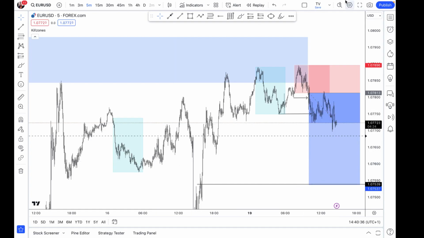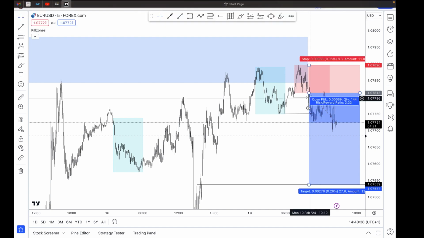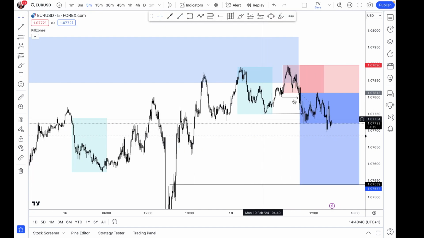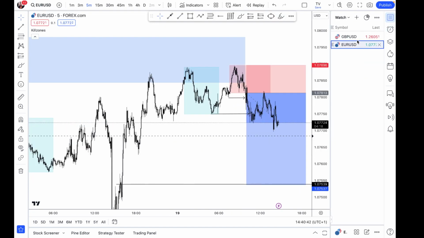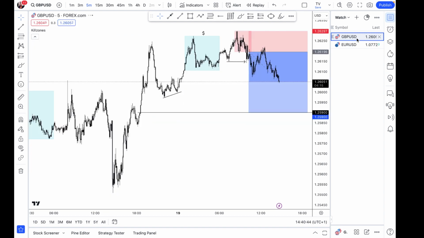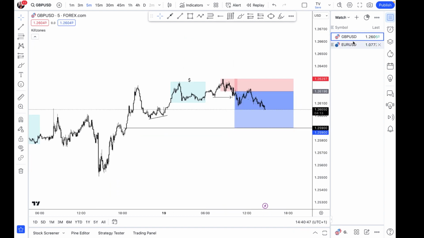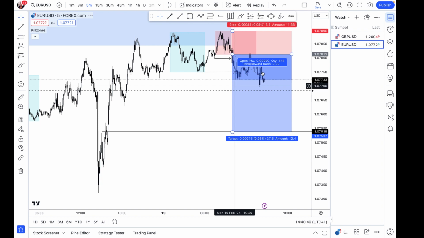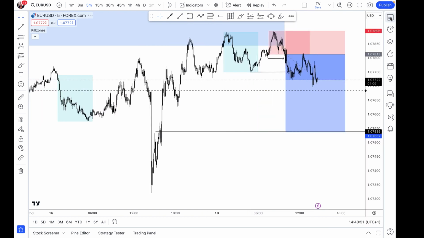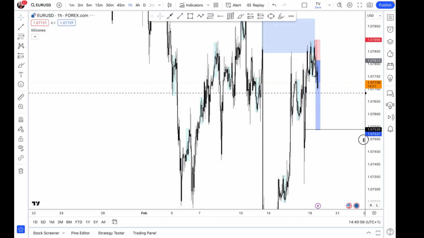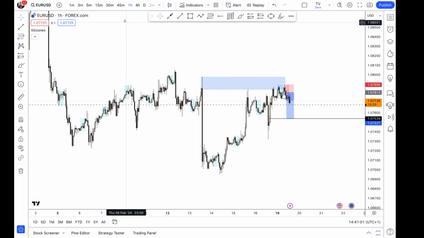Guys, today is 19th of February 2024, and I'll be showing you a trade presently in GBP USD sell and euro dollar sell as well. But before I get into the pound dollar sell, I will start from the euro dollar sell. So why did I get into this sell trade? I got into this sell trade because